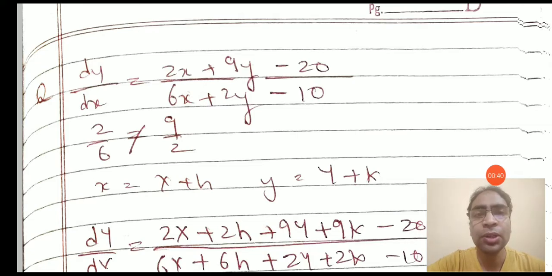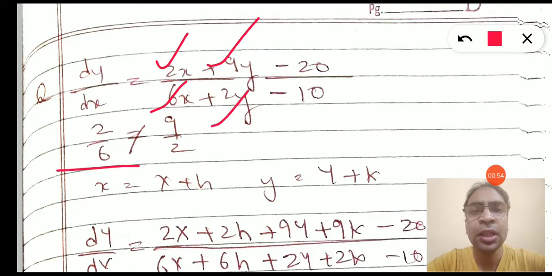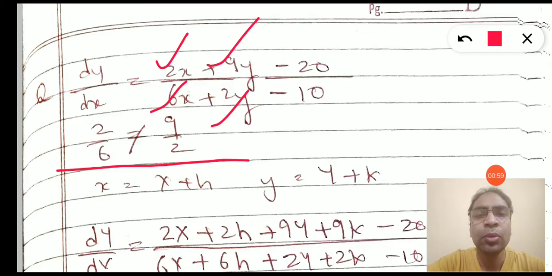Equations reducible to homogeneous form, case 1. In this equation, as we can see, the coefficients of x are 2 and 9 and 2. So we will write case 1, that is small a upon capital A and small b upon capital B, the ratios are not equal. If you are not aware about what we are doing here, please go to my previous video to understand case 1. So you will be able to understand it more clearly.